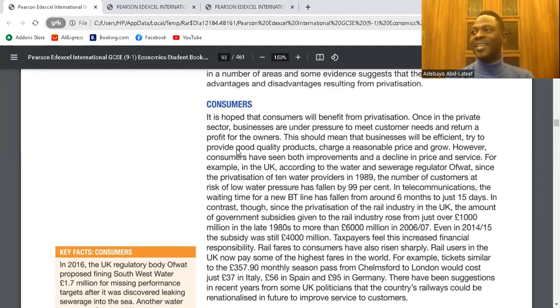You don't get it. Yeah, I understand. Consumers would be beneficial. Consumers will benefit. How? With privatization, more output within the economy. Yes or no? Good. So with more output within the economy, it increases the choices consumers can make. Yes or no? Yes. So if consumers have more choices to make, what happens?